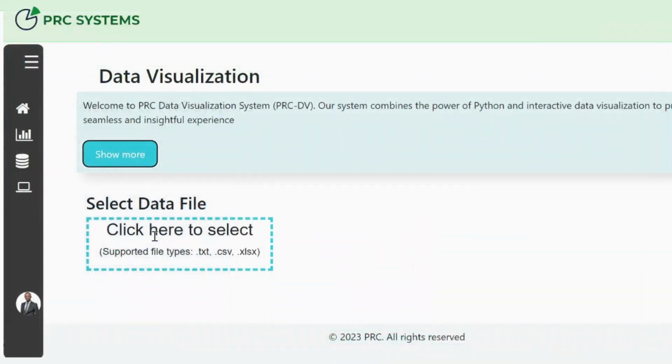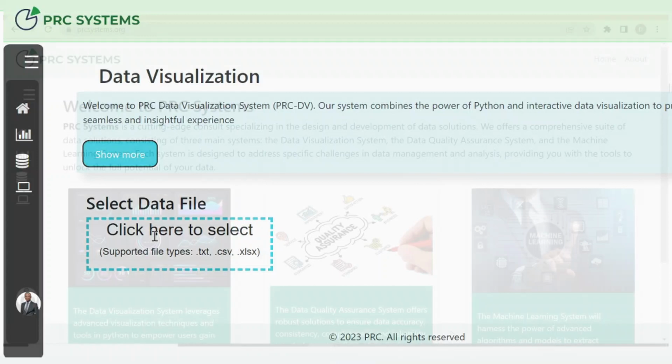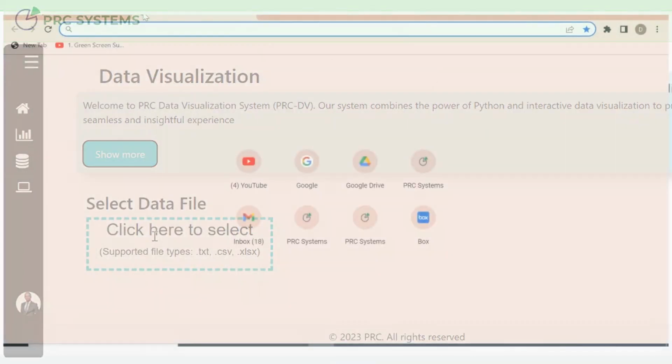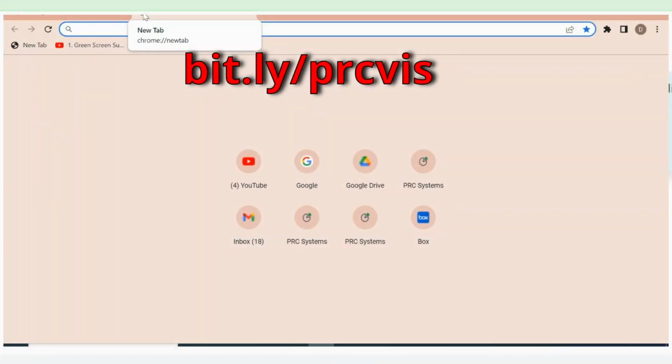Great. Now, this is an online based system where you need your data, just upload your data, and you're able to get some visualizations in there. It is free, and we are actually launching it for you. You want to test it and see how it works, give us feedback, and all that. If you are ready to test that for us, you're just going to go to this link together with me,